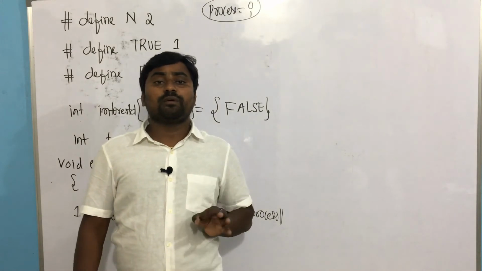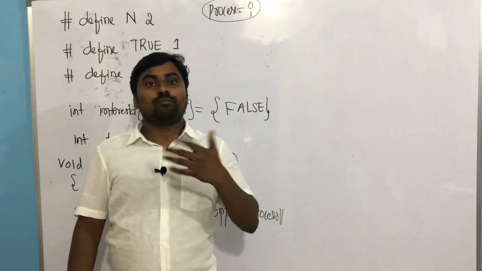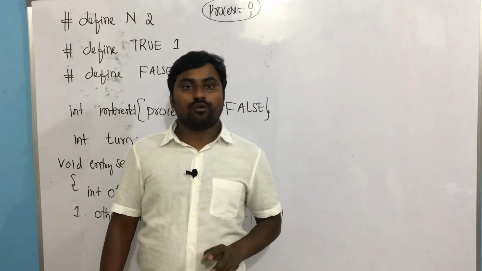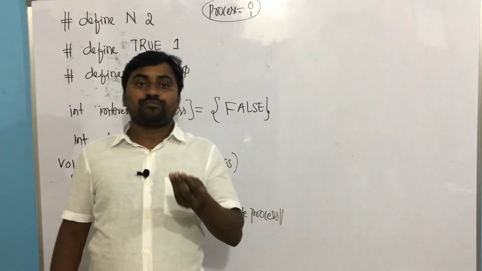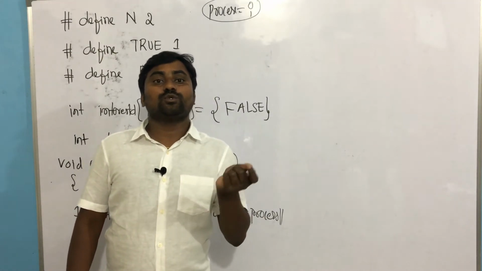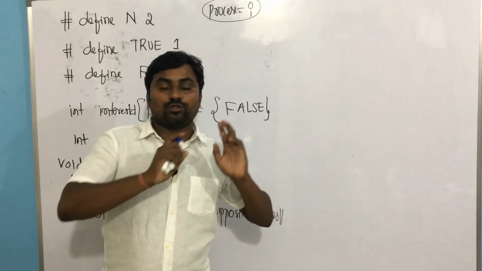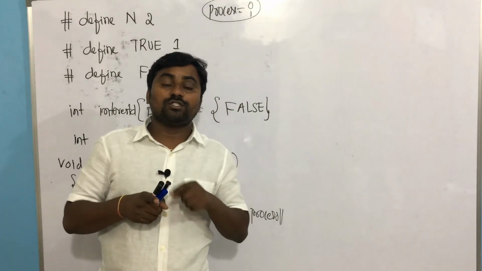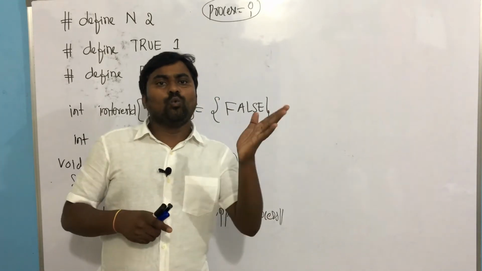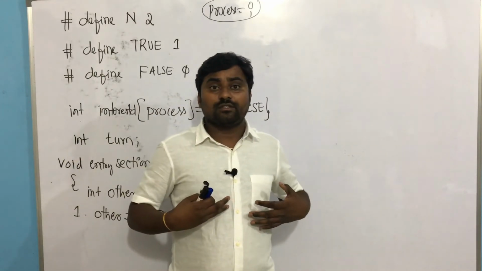How can they update? Typically in a preemptive concurrent environment, processes P0 and P1 can be updated one by one. Both can try at the same time, but only one of them will be allowed to update the turn value at a time. Correct or not? That you understand. Race condition. The final turn value completely depends on the process which updates last. So P0 and P1 can try to update their ID into the turn value, and the final value of turn depends on the process which updates the turn value last. Whoever updates last, that is the final value of turn. Now, first I showed my interest, then I update the turn value.